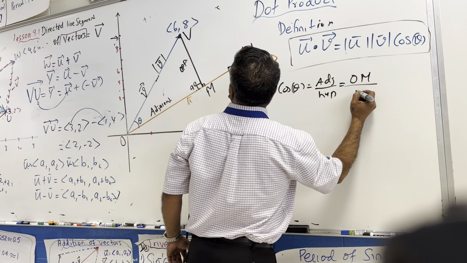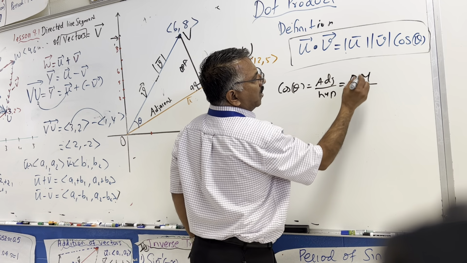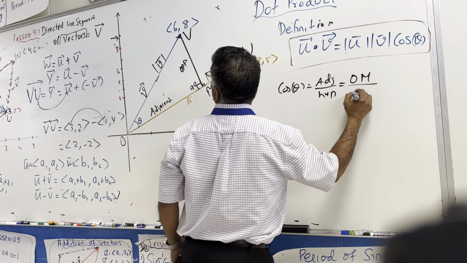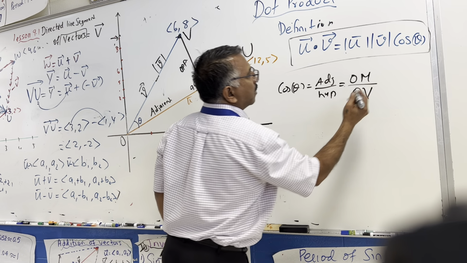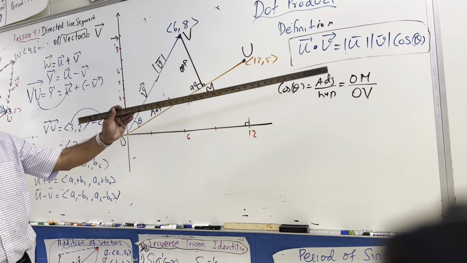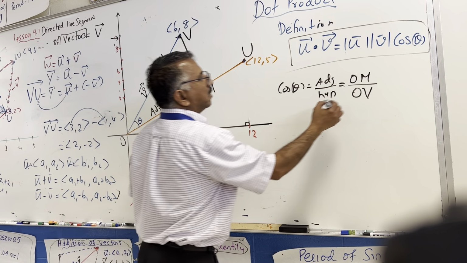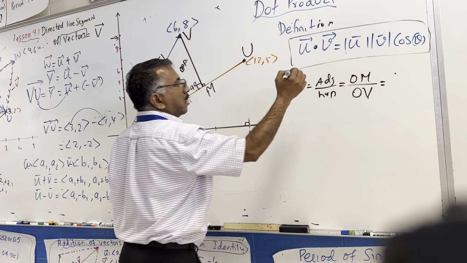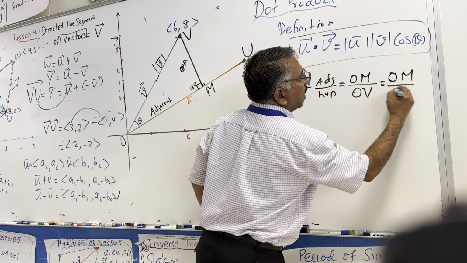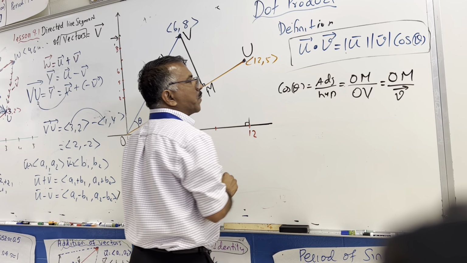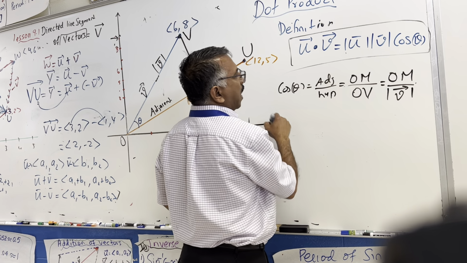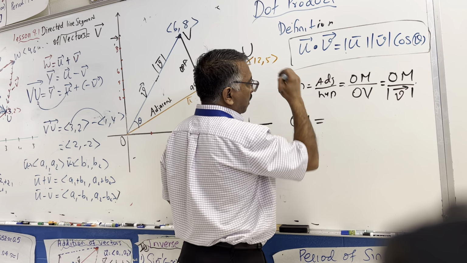So this is distance O to M, and then the other one is OV, let's write it, OV. Now these are the distances I'm using, adjacent over hypotenuse, which means OV we know, so this part is OM over V. So I multiply, but this is magnitude, right? So when I multiply both sides by V, OM, this is called,